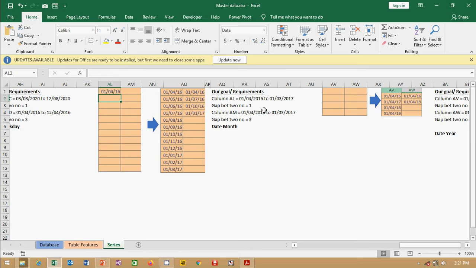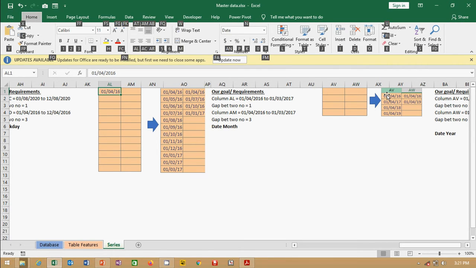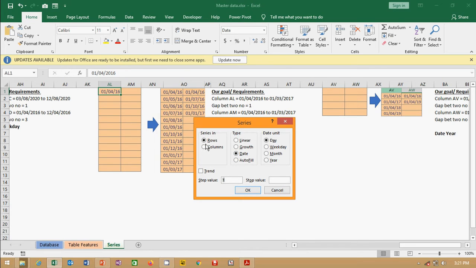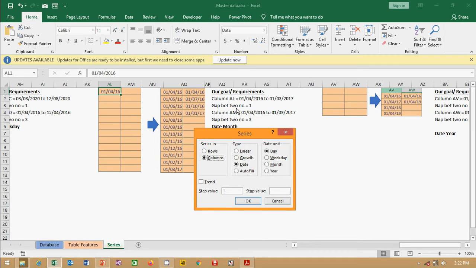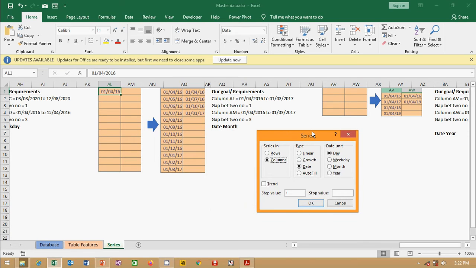2016. Now select this one, come to Alt H FIS, then column, then date, it is okay. Then I think it is not year, it is month that is changing. As you can see here, month is changing. The result is showing here. So month is changing, year is not changing here. So I'm going to select the month. So 1 month, and the end date is 31st. Sorry,